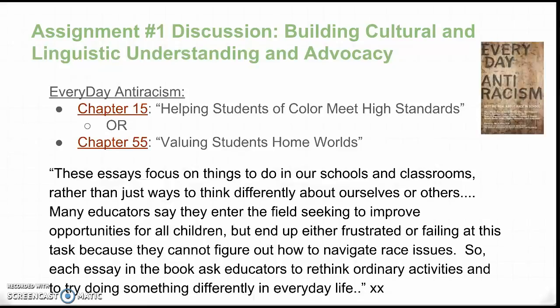This is a quote from the foreword of the text. The essays focus on things to do in our schools and classrooms. Rather than just ways to think differently about ourselves or others, many educators say they enter the field seeking to improve opportunities for all children, but end up either frustrated or failing at this task because they cannot figure out how to navigate race issues. So, each essay in the book asks educators to rethink ordinary activities and to try doing something differently in everyday